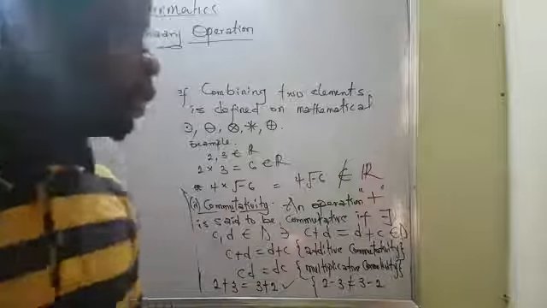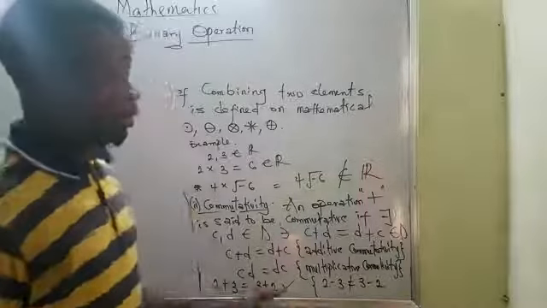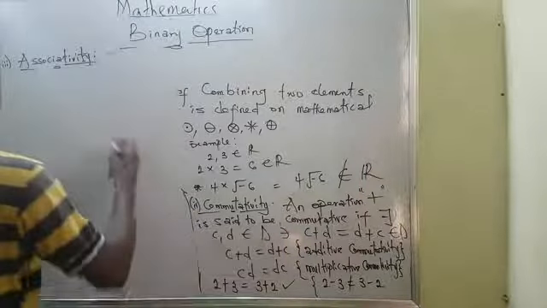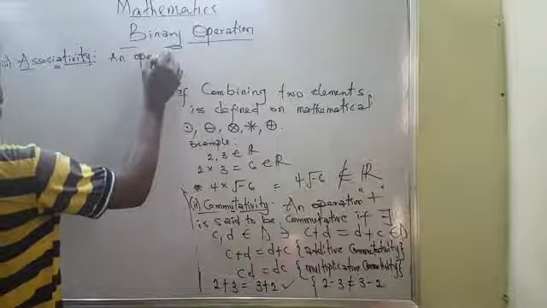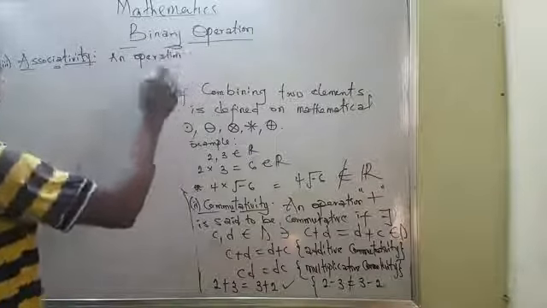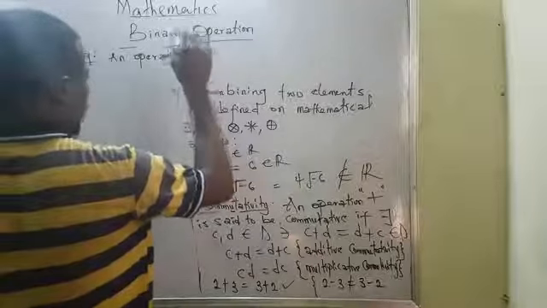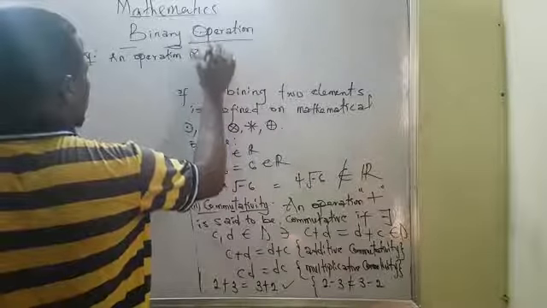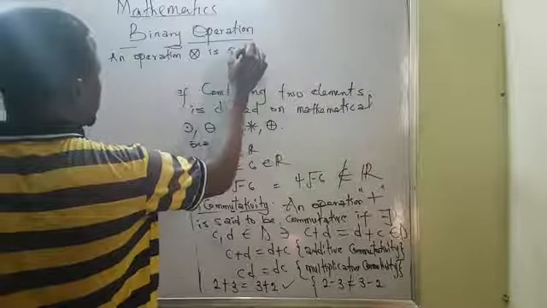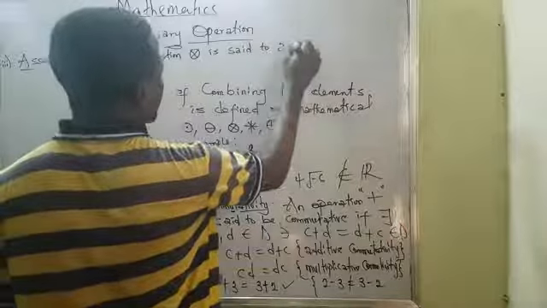It is a similar way to commutativity, but there is a difference. I can say an operation, let me use another operation, is said to be associative